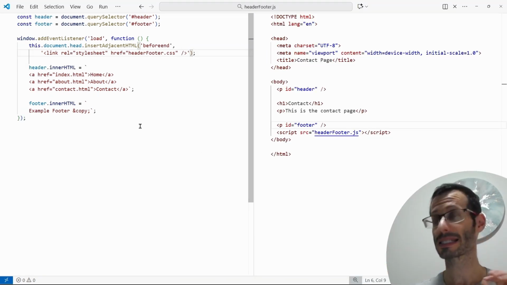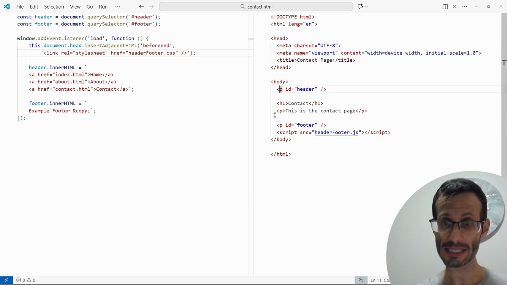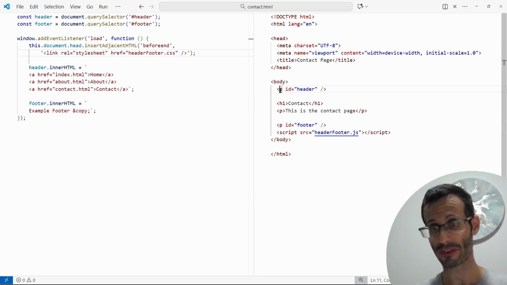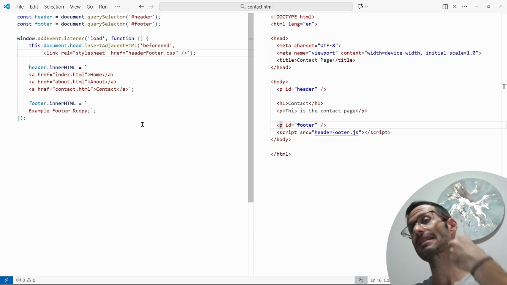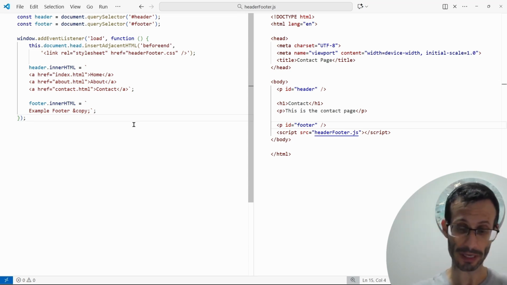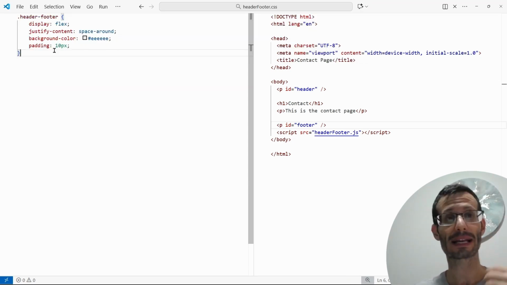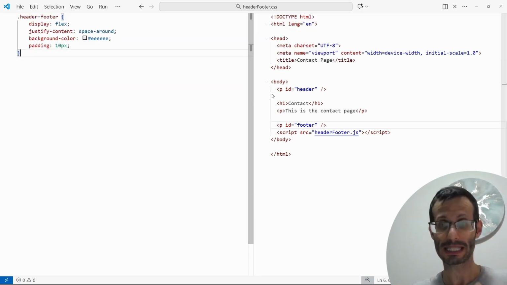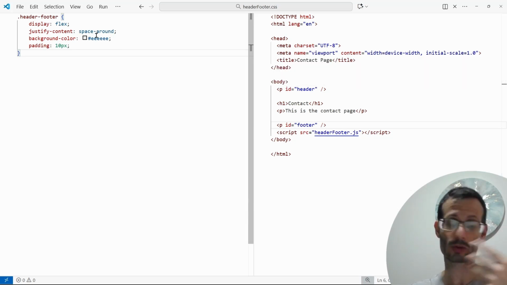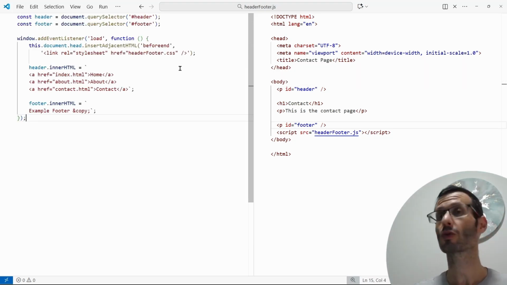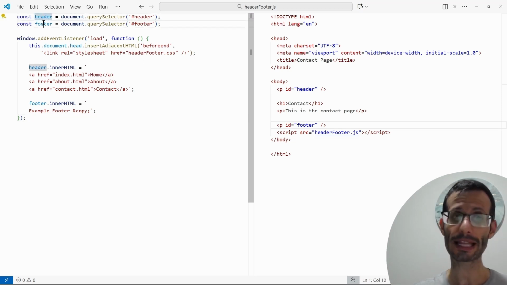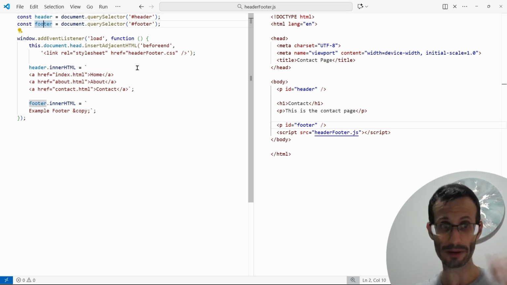Now, since we want the CSS to be applied on these two paragraphs, the header paragraph and the footer paragraph, they need to belong to the class that we defined in the CSS file, because as you probably remember, in the CSS file, we are using a class called header-footer, which means that these two paragraphs have to belong to this class. And this is why here, in the JavaScript file, I'm going to add this class to both my header and my footer. So this is why here I'm going to write